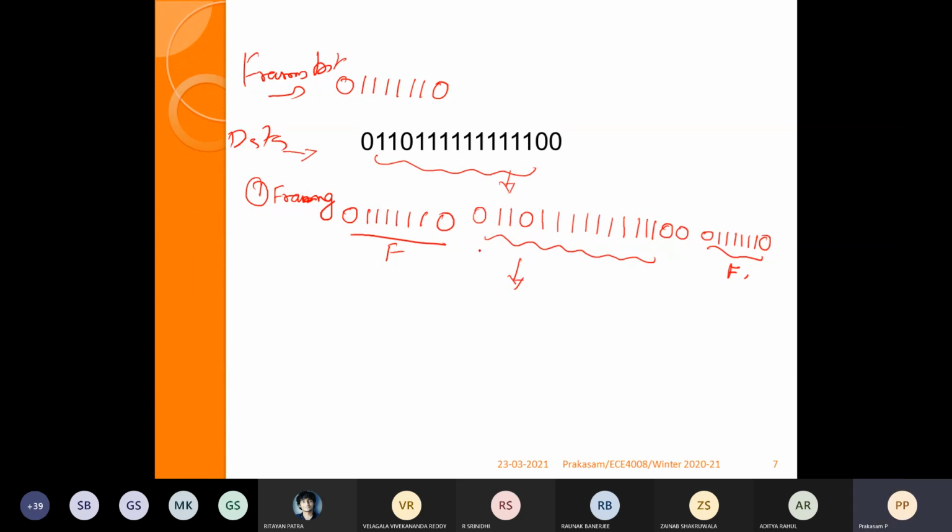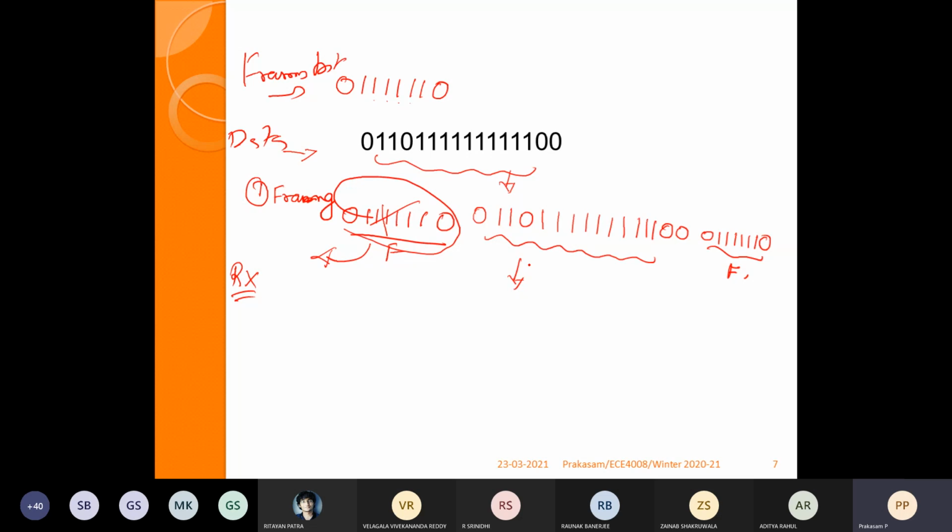If after 6 consecutive ones a 0 occurs, then automatically this is identified as the frame, and it will be discarded. During the receiving side, this is the receiving data.